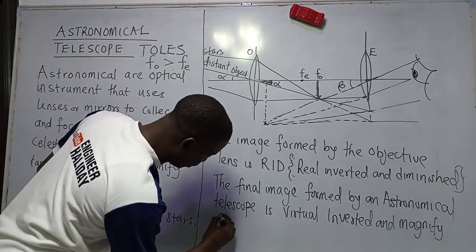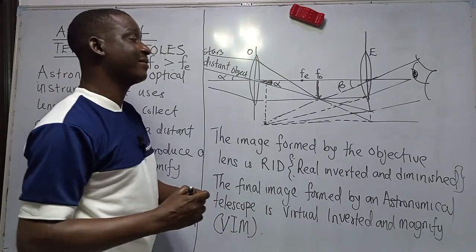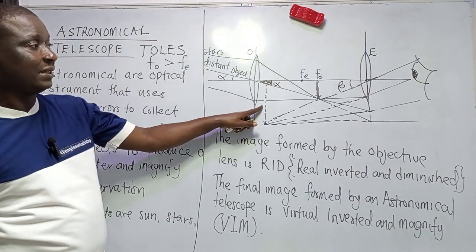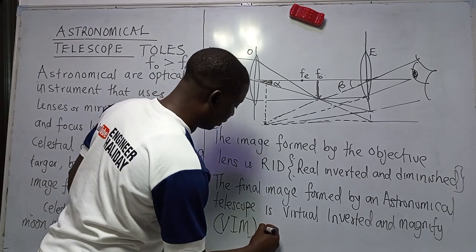So in short form we can say virtual, inverted, and magnified. If you check the image now, look at it, it is magnified. Compare, and don't forget that the final image is